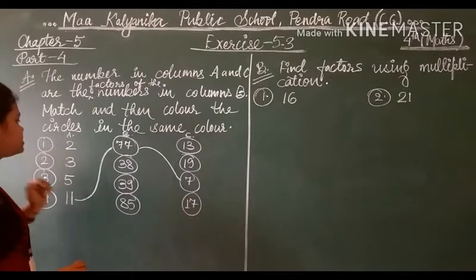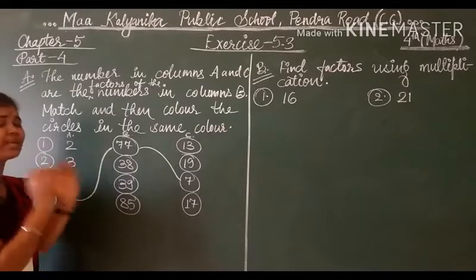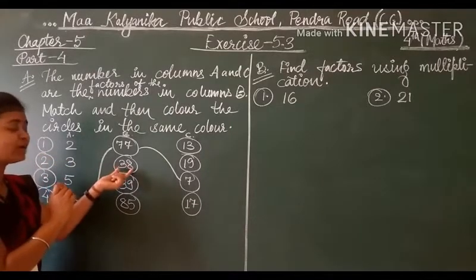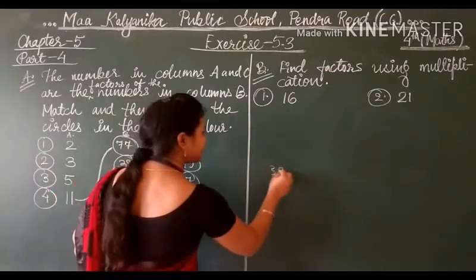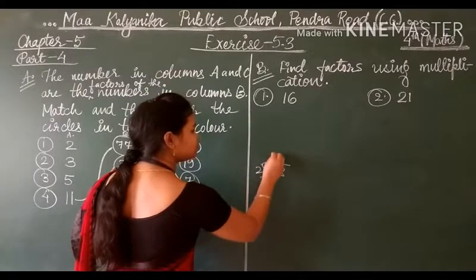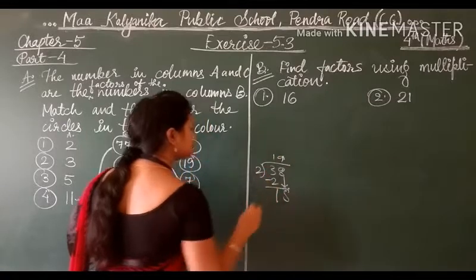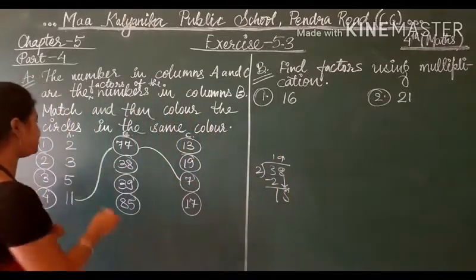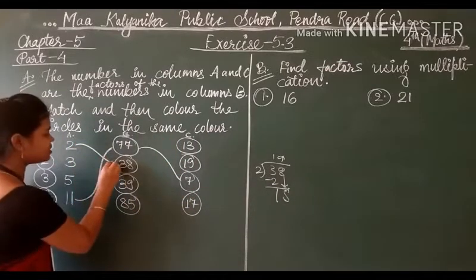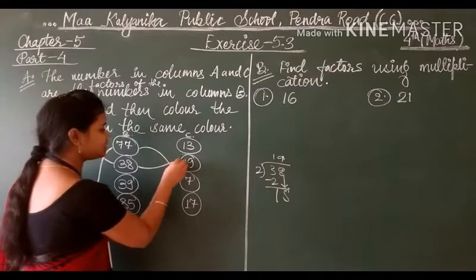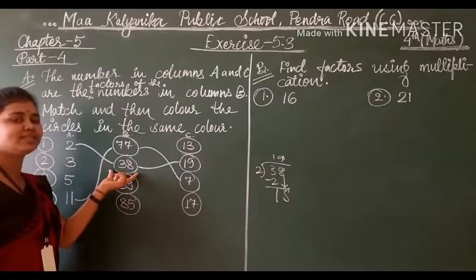So now moving to next. See students, we will match. Now 38 is given. Which numbers can be multiplied to get 38? See students, 2 is there. So for that we can check also. If we are checking from 2, 2 ones are 2, 2 nines are 18, so 2 19s are 38. We can match. 2 is here, 19 is here, yes it is here. So 2 will be matched with 38 and 38 will be matched with 19. So 2 and 19 are the factors of 38.